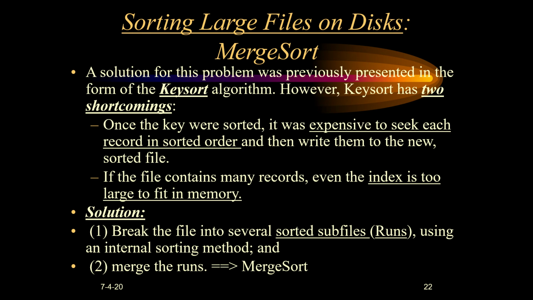It was very expensive to do sorting from the memory, because maintaining an index file and then trying to sort the data file was very expensive. And we had a second drawback: if my index is very large, it was difficult to use the key sort algorithm. The solution for this problem was introducing merge sort. Here, we are trying to break